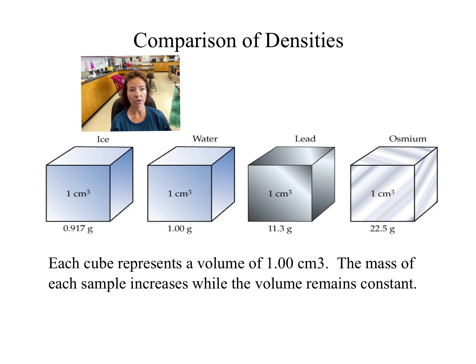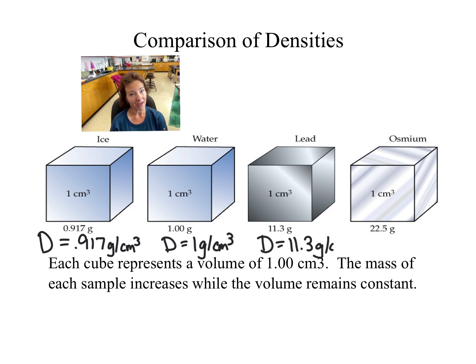So we can use density to compare materials. I have here ice, water, lead, and osmium. You can see I have the same volume of every single material, but each material actually has a different density because they have different masses. So the volume is remaining constant, but if I were to take the density of ice and take 0.917 and divide it by 1, the density of the ice would be 0.917 grams per centimeter cubed. The density of the water would be 1 gram per centimeter cubed. The density of the lead, again, I have the same volume, but it has a different mass to it. The density of the lead would be 11.3 grams per centimeter cubed,